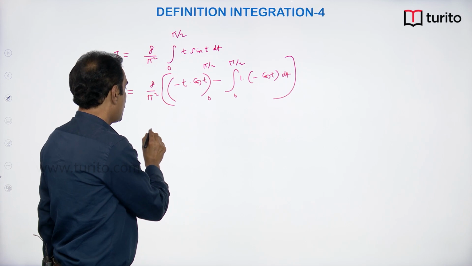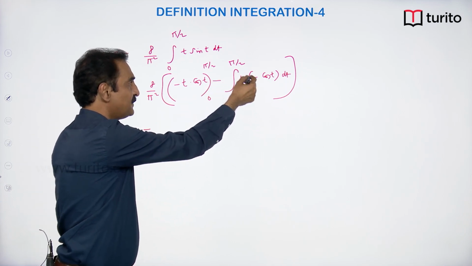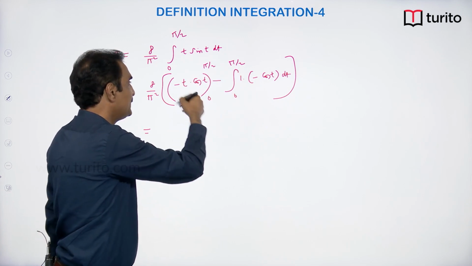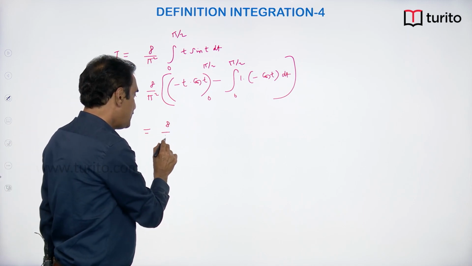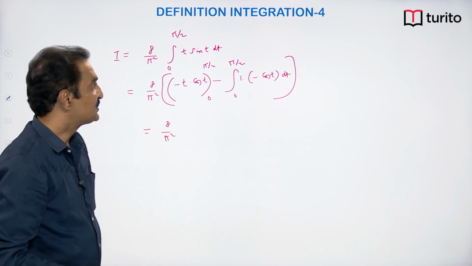Now you could simplify, integrating cos t and then substituting limits and all, you know. Finally this whole value becomes 1, so the answer will be 8 by pi square. Okay. Next question,